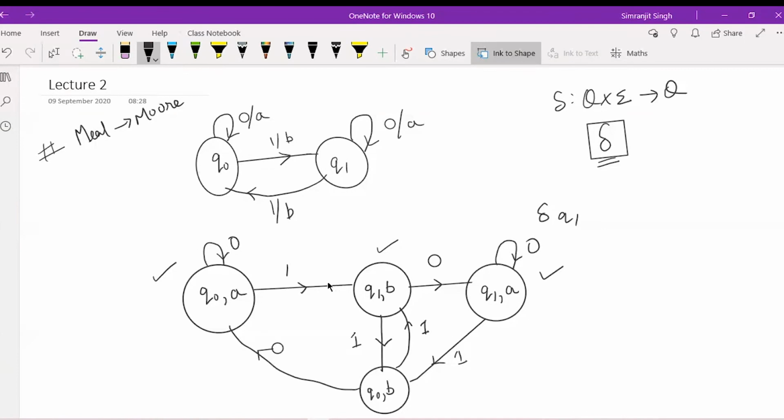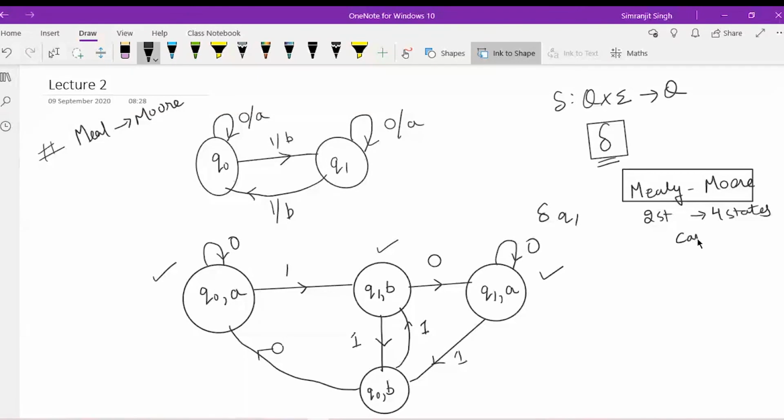Okay, so if you have any doubt, you can ask me. I think it is a bit different from the other conversions we have done. If you clearly see, in case of Mealy to Moore conversion, the original Mealy diagram contains only two states, but the converted Moore diagram contains four states. Okay, so keep that in mind. In Mealy to Moore conversion, the number of states can increase.